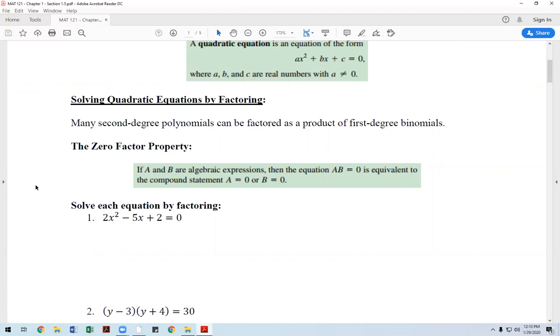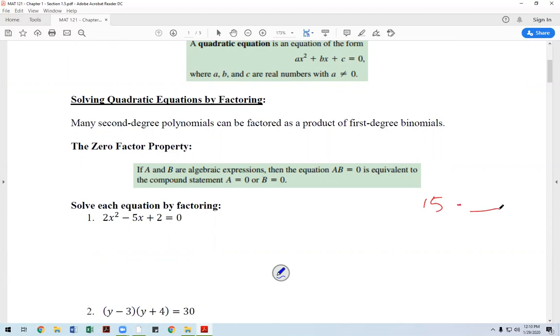So the idea is if I break this down into two factors, then how do we come up with the value of x? And that's where this zero factor property actually comes into play. So the idea is if I have two factors, and we are saying it's equal to 0, then that means either the first factor or the second factor has to be 0. I mean, think about it. If I tell you